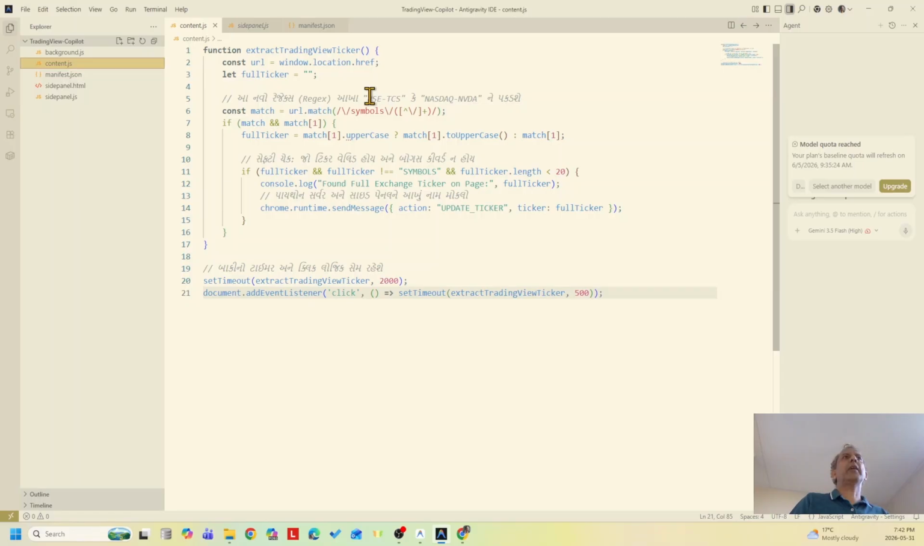So when we are looking at this, we talked about how do we get it from the URL. So it will try to match using the regex, and then there is